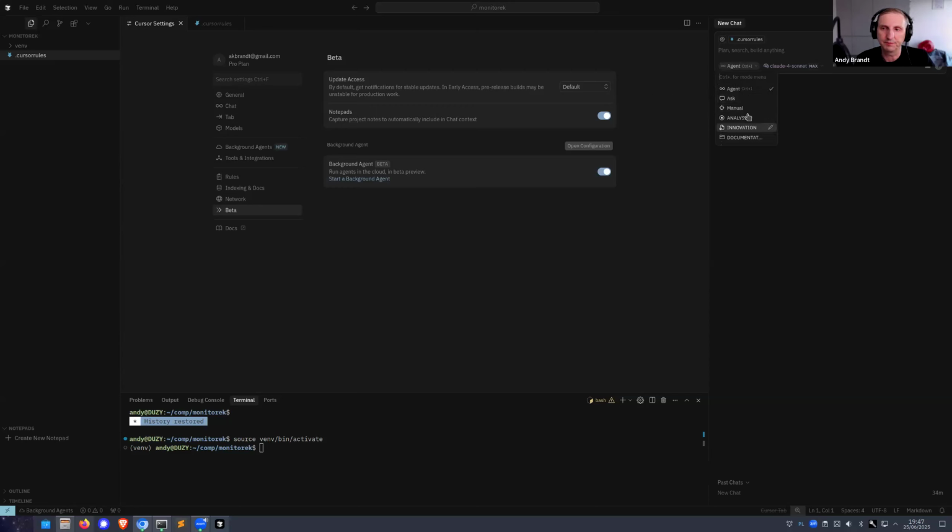You can have your custom modes, and I will be again not covering them here, but I have a custom mode for analysis or a custom mode for documentation. And what a custom mode is, you set what model or models you are using. In this case, it's an auto selection. You set which tools are available to it, and then you can have your own prompt here. And the window to edit the prompt is ridiculously small, so obviously I'm editing it outside of this. But this is the way to have your own modes.